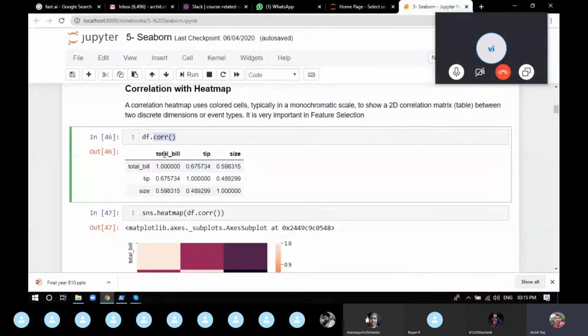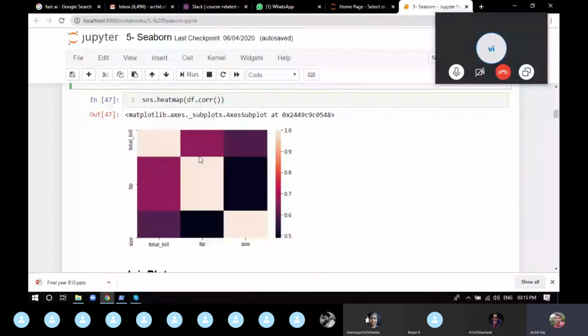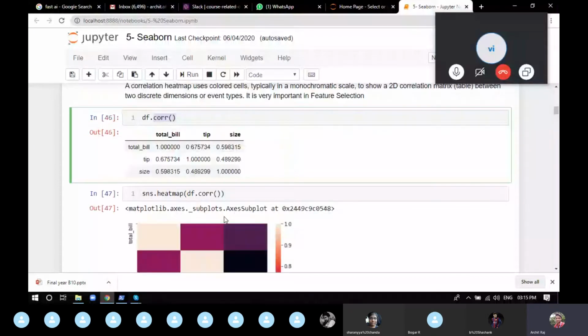Now if you don't want to see the matrix, because if you remember, the previous time when I showed you the correlation it was really big. It had 28 columns. So what we do is we make a heat map. What a heat map does is it codes each and every piece of data that you're providing into a color coding. As you can see, the heat map has been printed with a scale where if the color is lighter, it's a high positive correlation, and if the color is darker, it's a low correlation.